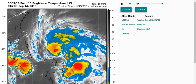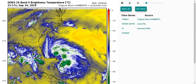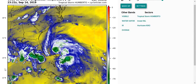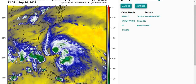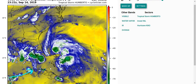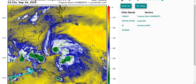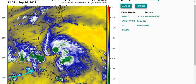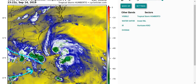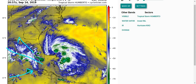But yeah, if we look at the water vapor loop, you can see that there is that upper low out to the west. There is that westerly flow, but it's much less well defined, and you don't see it coming into the system like we did yesterday. The upper trough seems to still be there, but it's much more detached from Humberto. It's not right in circulation like yesterday. So you can see there's that more southeasterly